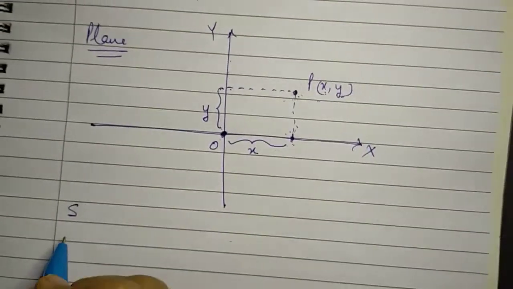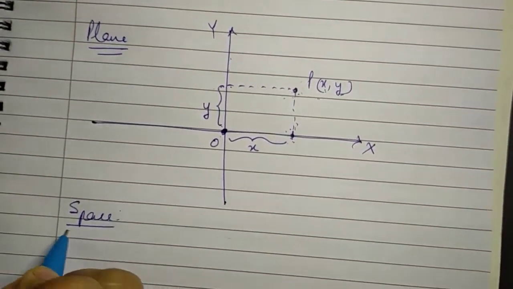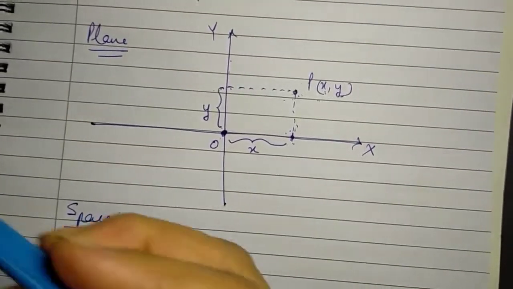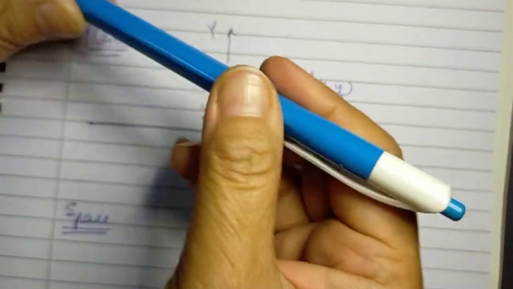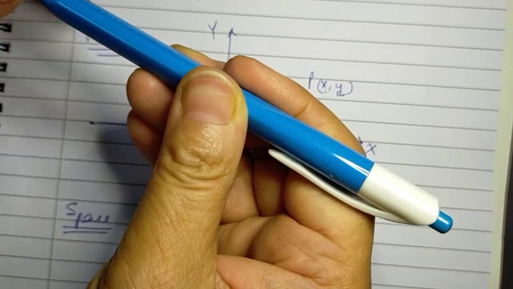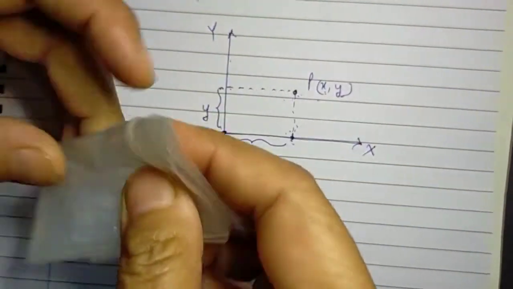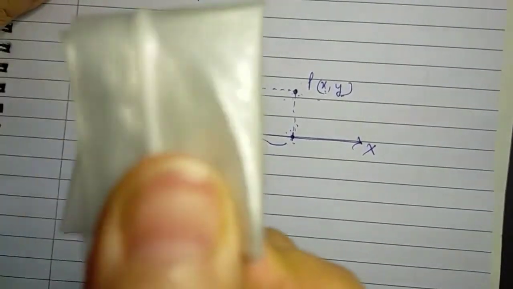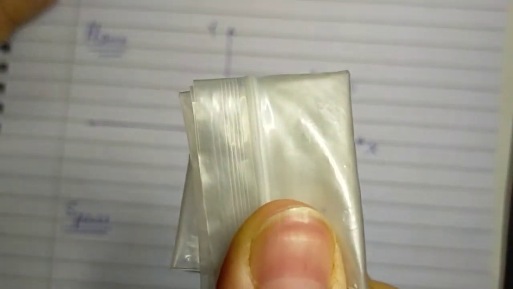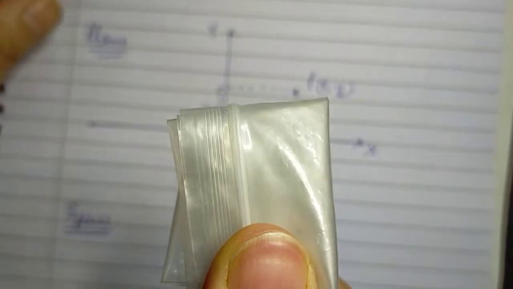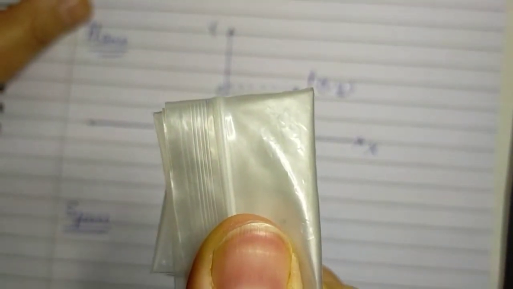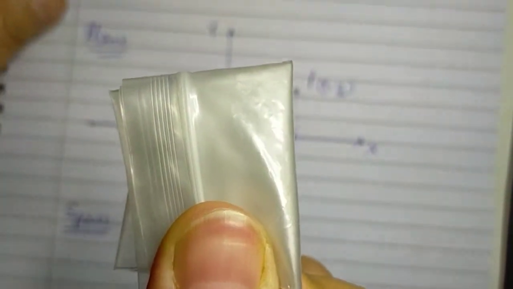Now same way if we have anything given to us in space, like suppose we have a pen, or let me hold a small thing, a packet, it is a thing in space. If I know its distance from three fixed directions, like if I'm holding this,